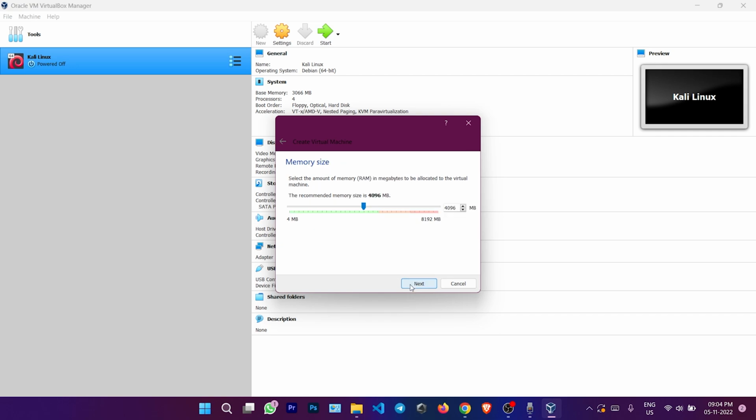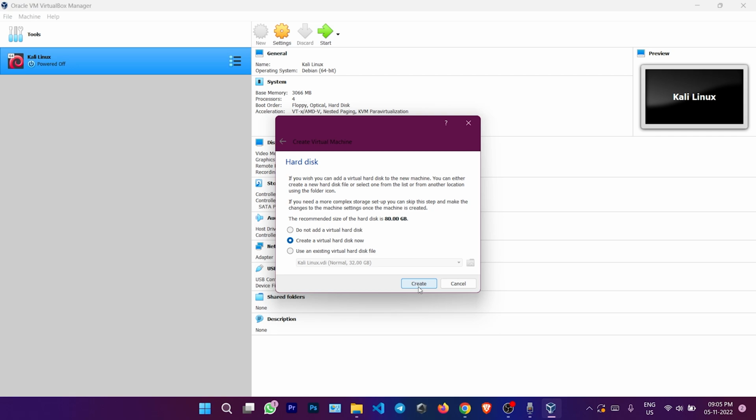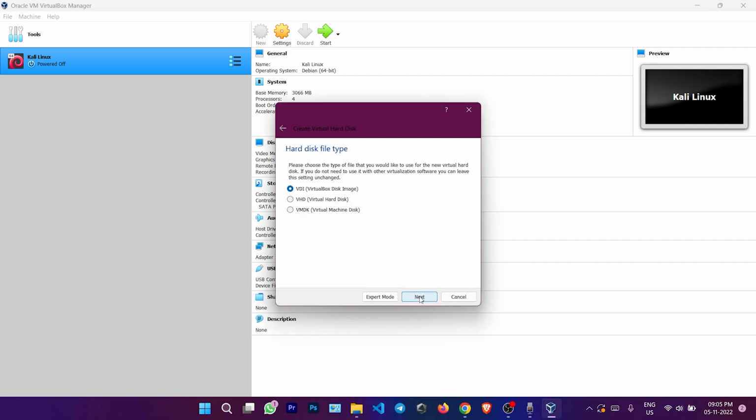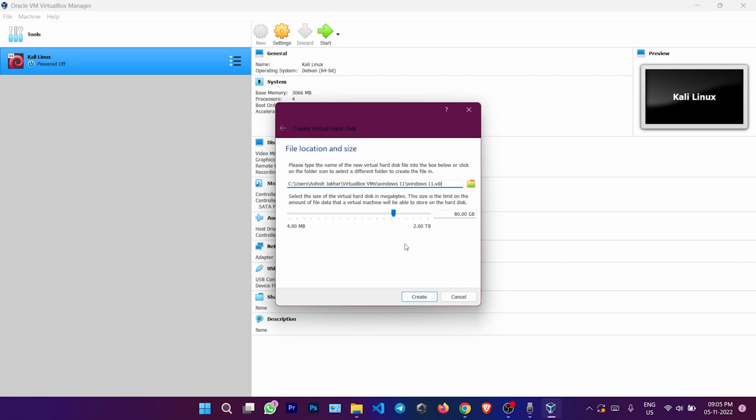and click next. Assign a memory, so I'll give it around 4 GB. My system memory is 8 GB, so make sure you do not give more than 50% of your memory because your main system also needs RAM for its working. So click next, create a virtual hard disk now. Click next, click next, and we will provide it around 60 GBs. So let me adjust it here. Okay, so let's click create,